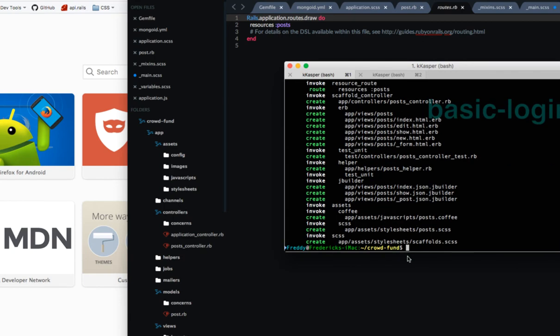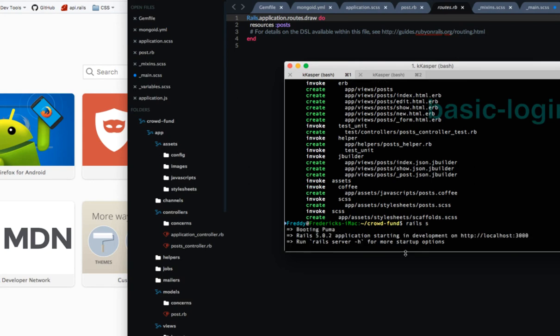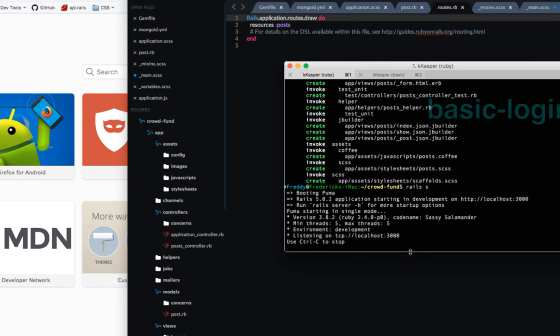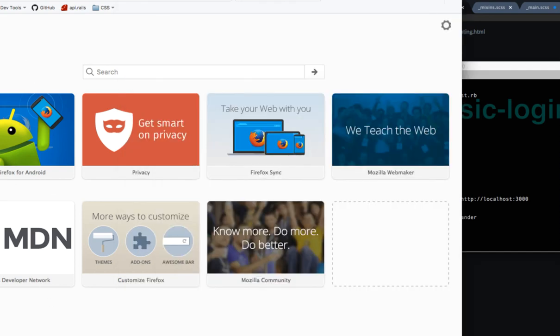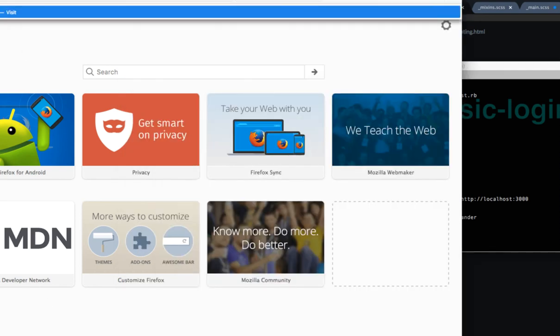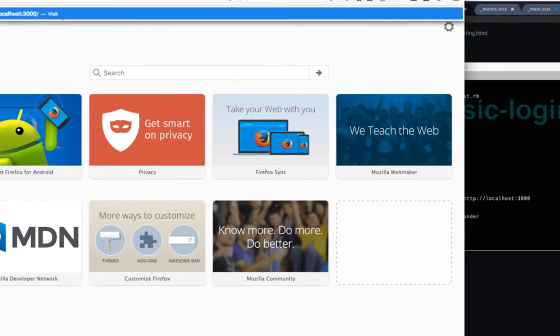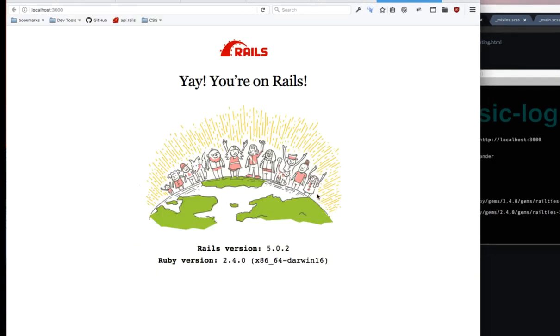If we open up our terminal again and type rails s, it will start the server. You can see here, server running on port 3000. So we'll open up a browser, navigate to localhost, port 3000. And it's going to give us our generic "Yay! You're on Rails" page because we forgot to set a root